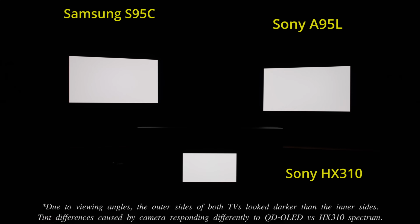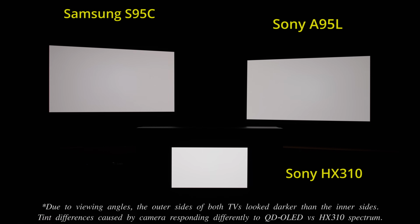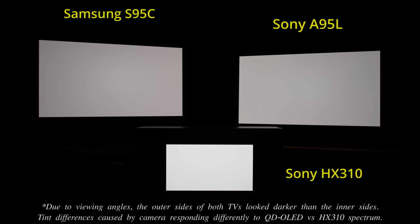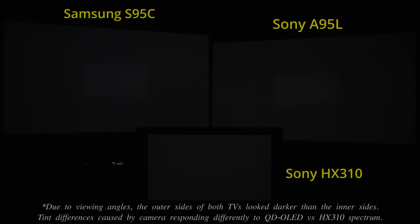One reason why the Sony Bravia A95L could get brighter than the Samsung S95C using the same QD-OLED panel is the implementation of an additional heat dissipation layer supplemented by advanced thermal analysis via the Bravia XR cognitive processor. Indeed, when we displayed a peak white window at full blast in HDR for 10 seconds, then switched to a full field grey light, the Sony A95L was able to clear away the resulting image retention in a quicker manner than the Samsung S95C, which is only equipped with the stock graphite thermal pad that comes with the QD-OLED panel supplied